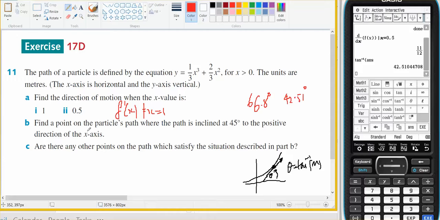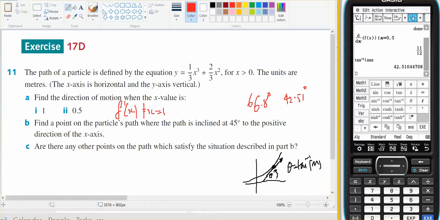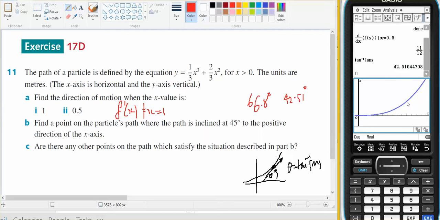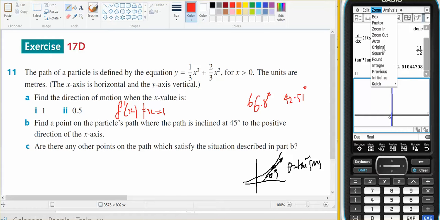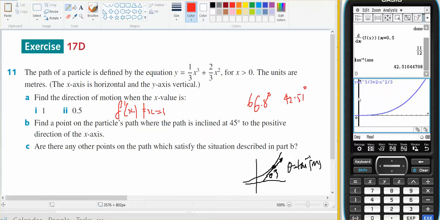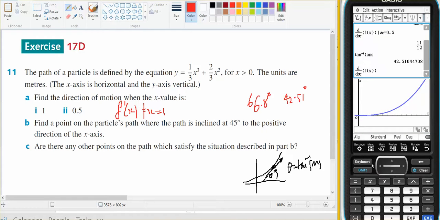Okay, at the point of the particle where the path is inclined at 45 degrees, I know the graph looks like this, and it's inclined at 45 degrees. It's a bit hard to tell 45 degrees on the screen because I don't have the same vertical and horizontal axis scale, so let's just say 45 degrees. The tan of 45 is 1, so I set the derivative equal to 1. If I take my derivative and set it equal to 1,